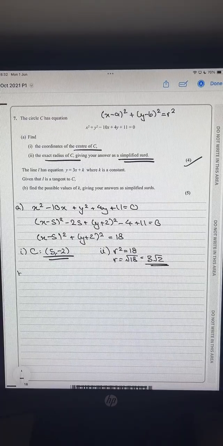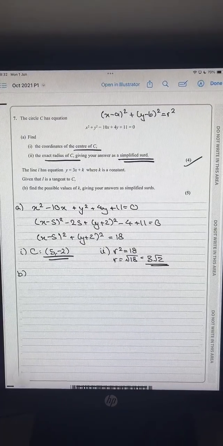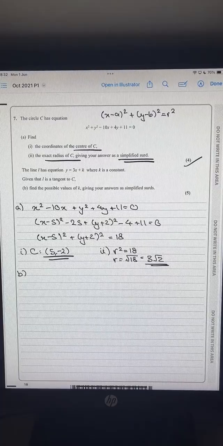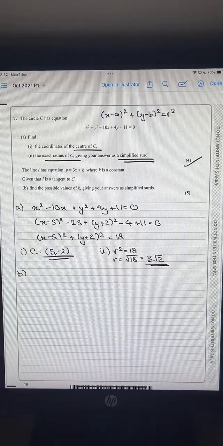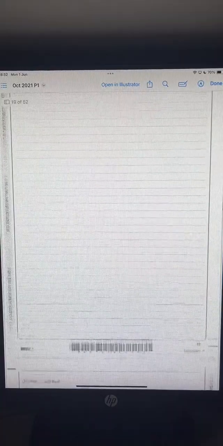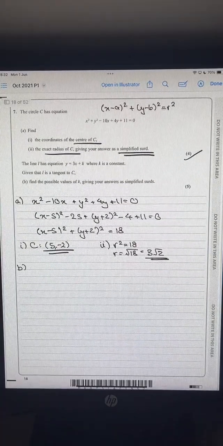For part B, I'm going to show you 2 ways of doing part B, just in case you find one way easier than another. I'm going to show you the quicker, more algebraic way first, and then I'm going to show you the diagrammatic way, which took me a very long time until I realized you can just do the algebraic way to speed things up. So